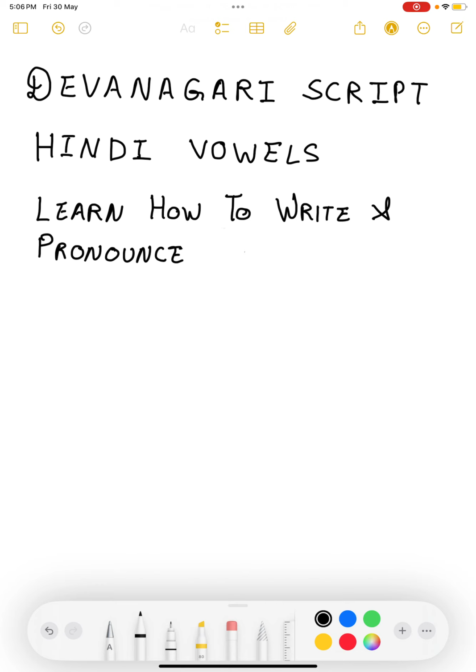Let's start with the first vowel. The first vowel we have is a, closed mouth a sound. It also sounds like this. A, a. Okay. So here in brackets I'm denoting the sound, or you can call it the closed mouth a